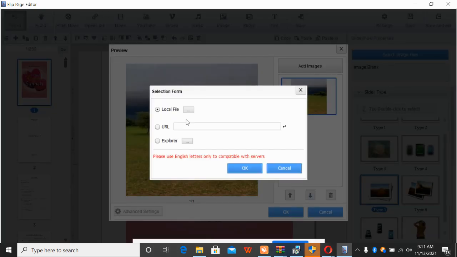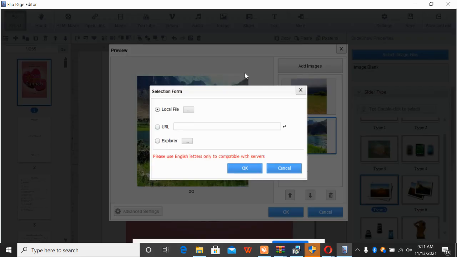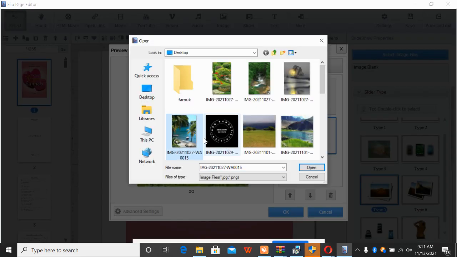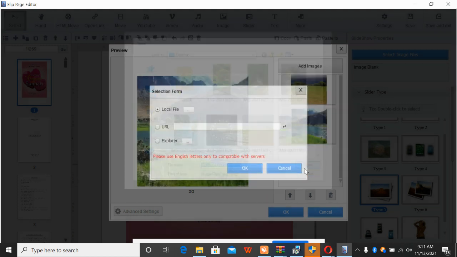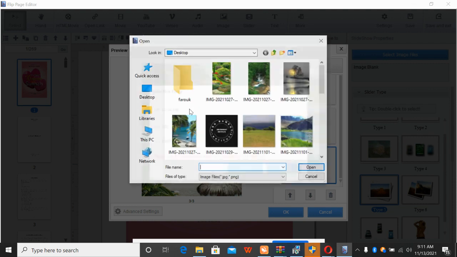I want to add more images. So if you want to add some images to beautify your ebook, I have some lovely images here. Let me just add like 5 images and we proceed